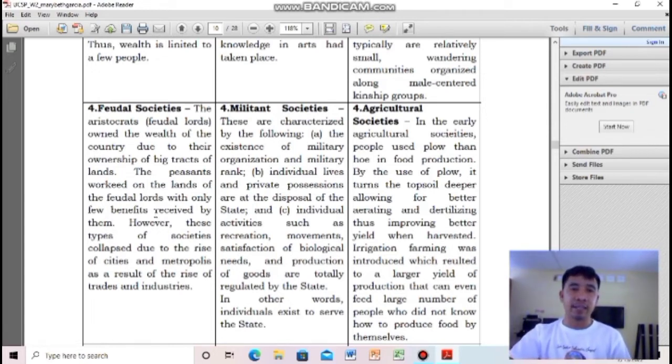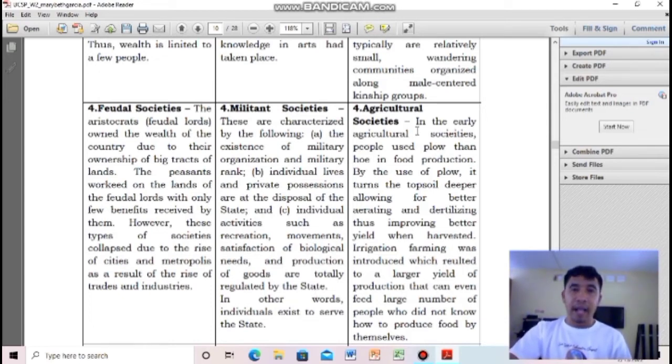Next is militant societies. These are characterized by the existence of military organization and military rank. The word militant, existence ng military and military rank. Private possessions are at the disposal of the state. Even though may pagmamay-ari ka, still, you are under the disposal of the state. In the same way, regulated niya ang mga aktibidades nila sa state, meaning to say individuals exist to serve